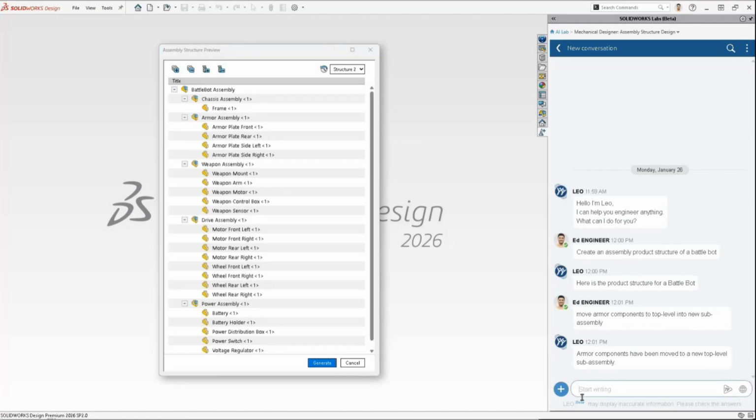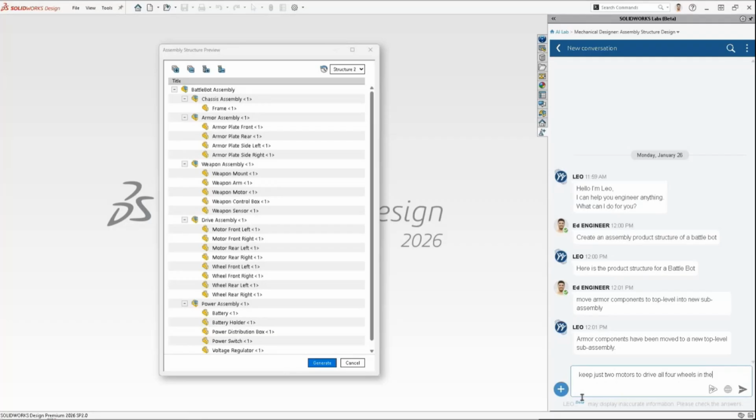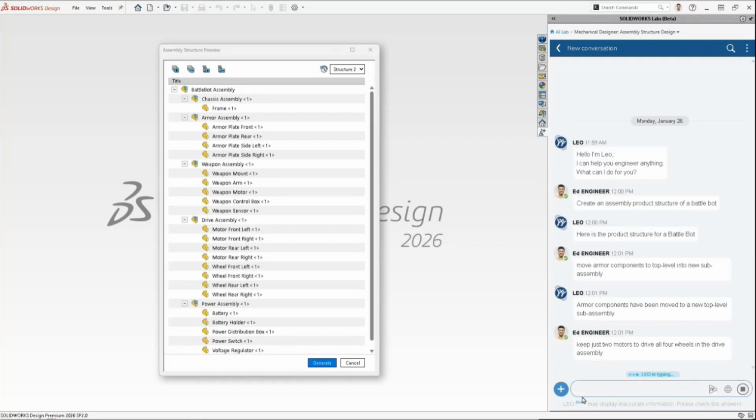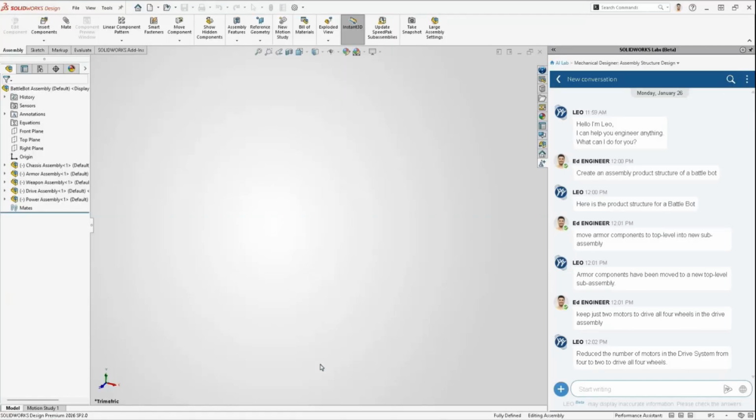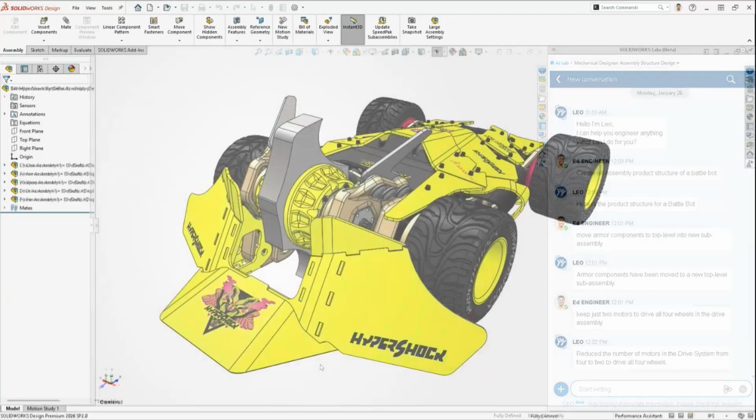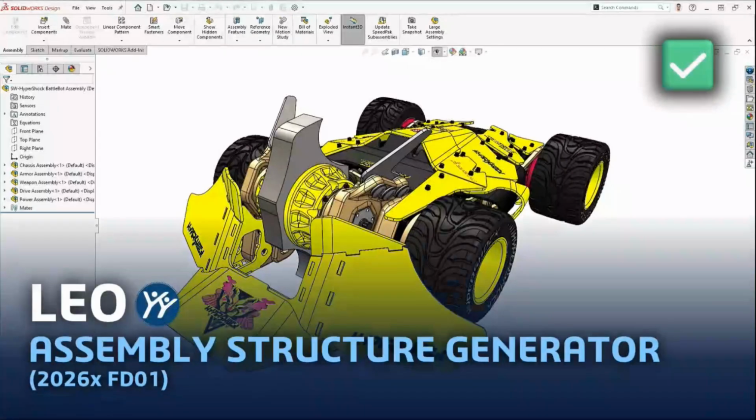You as a user can then iterate with prompts to refine the structure until it matches your intent. Remove or replace components, adjust hierarchy, anything can be done. When you are ready, Leo can generate it as SolidWorks assembly and part files. Again, it will generate the structure only. You will then go on to create your components as per your need.